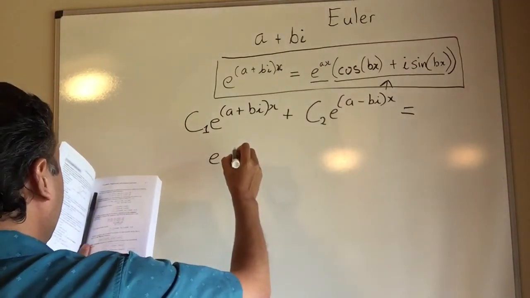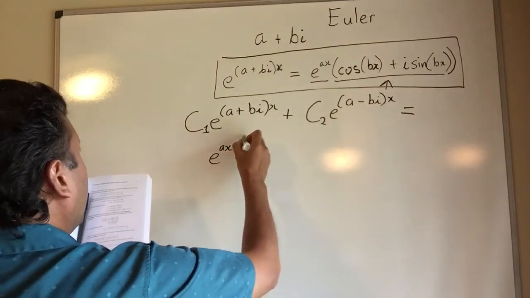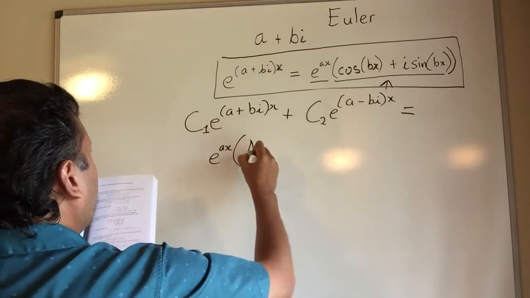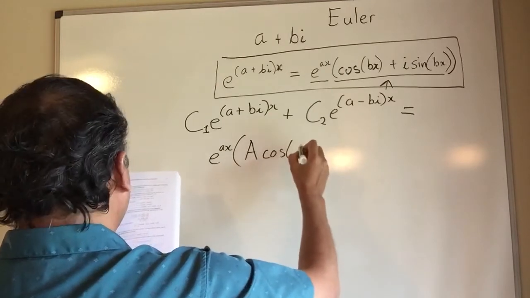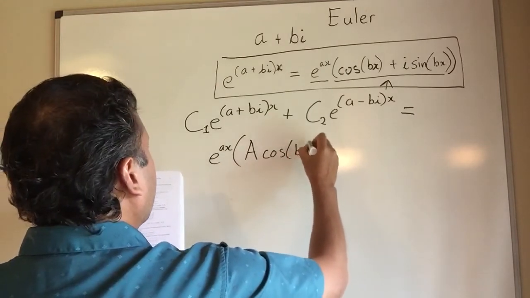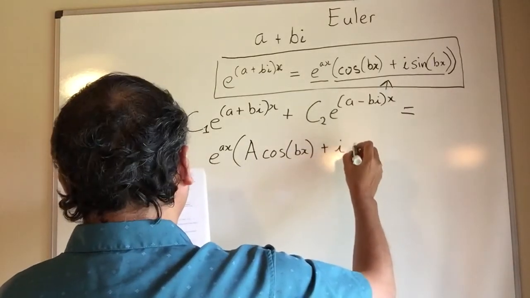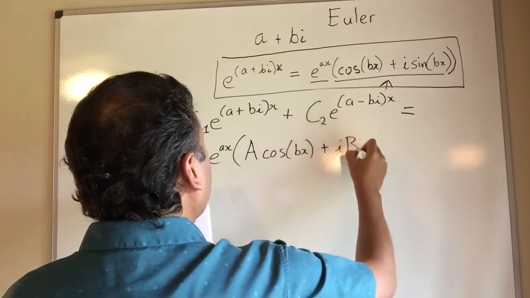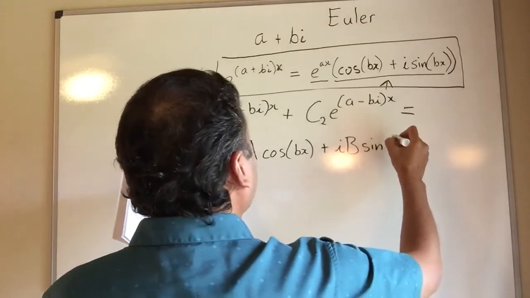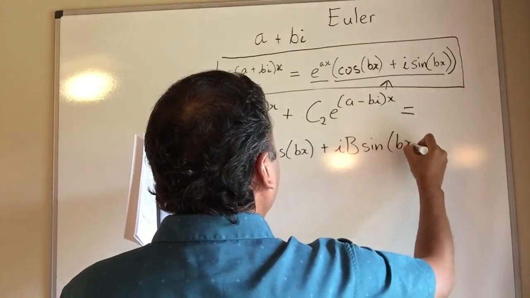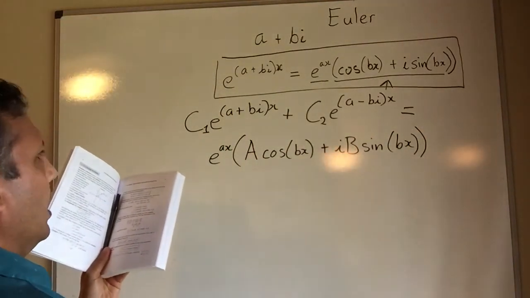e to ax multiplied by a cos bx plus i b sine bx. Now I'll close the outermost parentheses, and